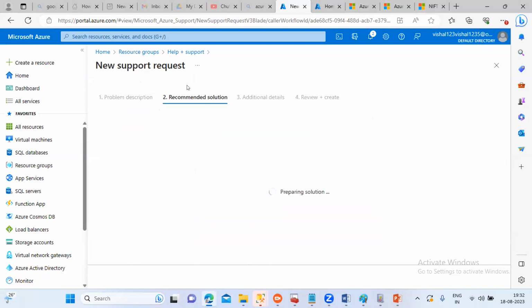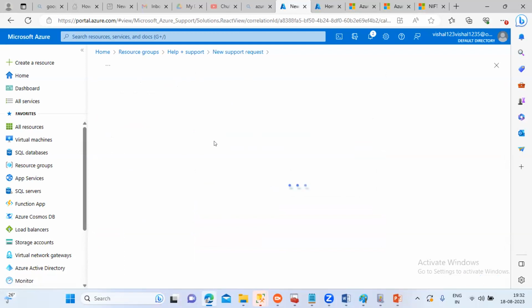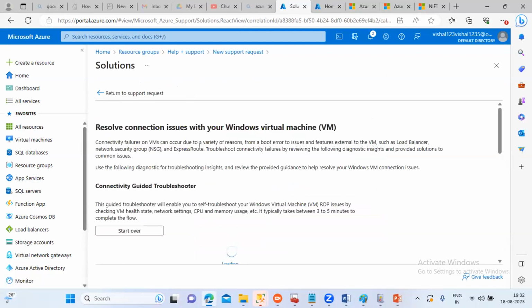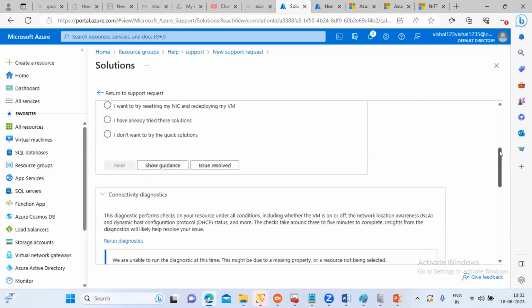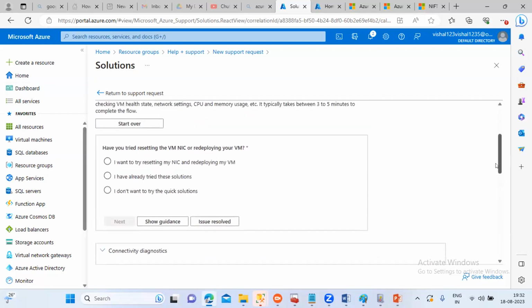Then it will give some recommendations. This is the recommended solution. If you follow this recommended solution, sometimes it may resolve your issue. Based on the problem I selected, they have guidelines. Once you click on start over, they will give some guidelines. If you follow the guidelines,